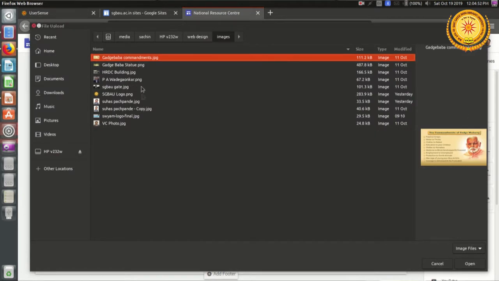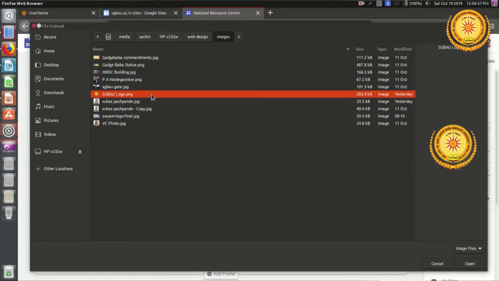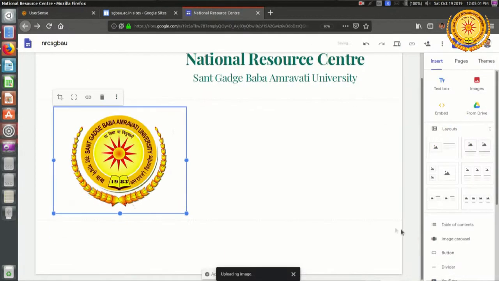This is the folder, and here the logo is stored as sgbau logo.png. So open it. Whenever you insert some object, it is always inserted in the next section below the last section. Now, as I have mentioned earlier, I want this logo to be placed just near the title of my web page.